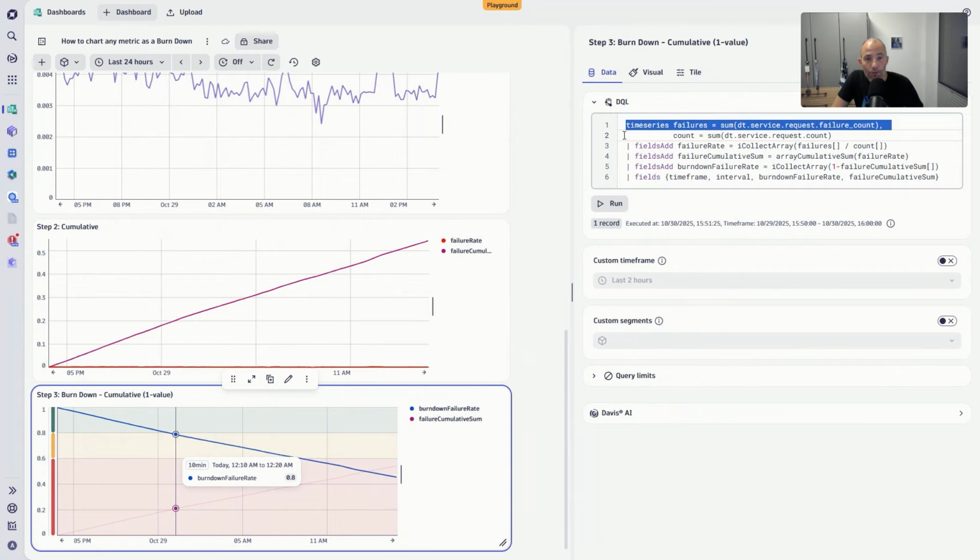So same thing, time series, failure count, failure rate. Then I have my failure cumulative sum as we had earlier. And now how do we get to the burn down? The burn down is really kind of like a reverse, right? If you think about an SLO, an error budget, you typically start with 100%. So your target would be 100, and then every time you're kind of decreasing the value based on how